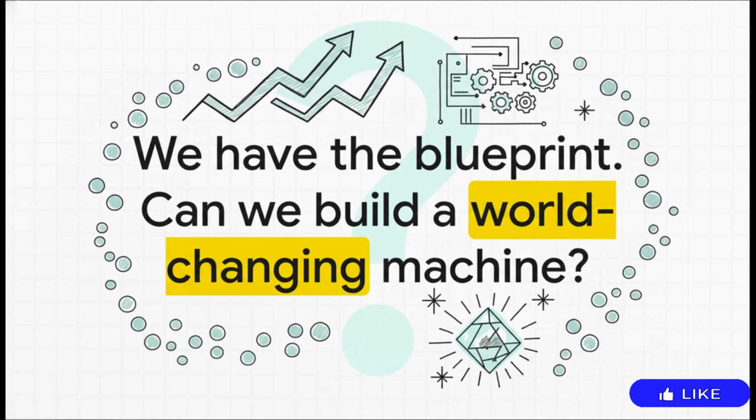So, there you have it. We've gone from what looked like an insurmountable problem, smashed into an impossible law of physics, and came out the other side with an elegant workaround and a practical blueprint. The theory is there, the path forward is becoming clear, and the experimental hardware is just now, finally, starting to cross that critical threshold. The question really isn't if we can do it anymore. The real question is, can we now take this blueprint and build the world-changing machine we've been dreaming about?